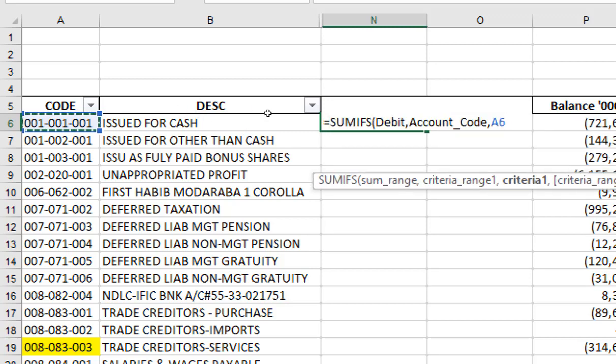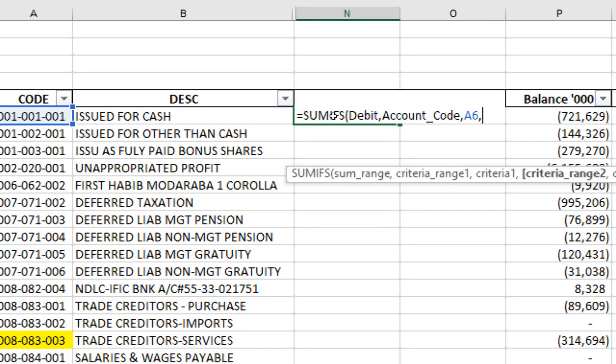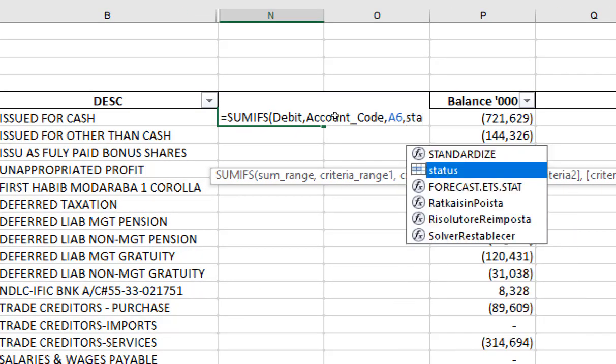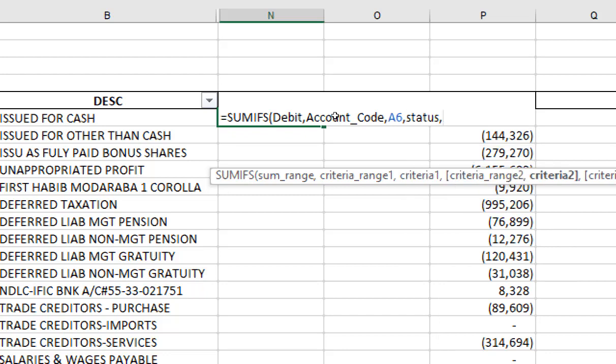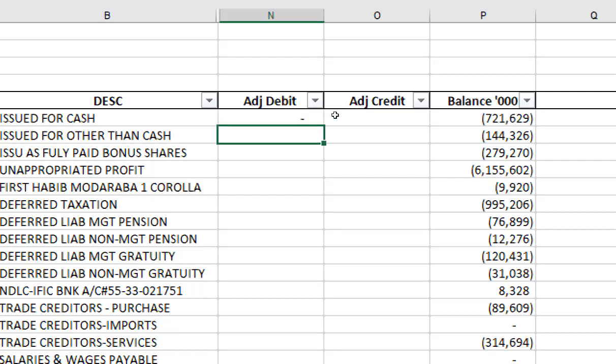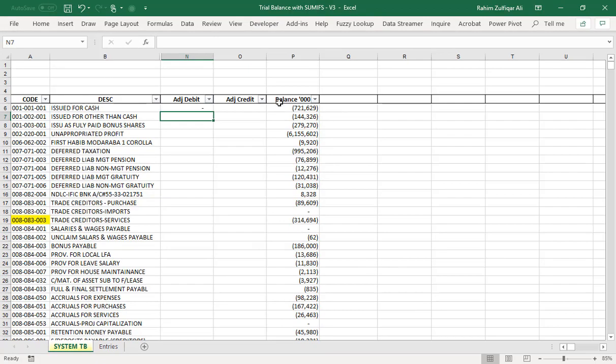And then comma. Now criteria range 2 will be my status column. Those with a yes in the drop down validation will be added in this column, and those with a no will be excluded. So now I will copy this function.